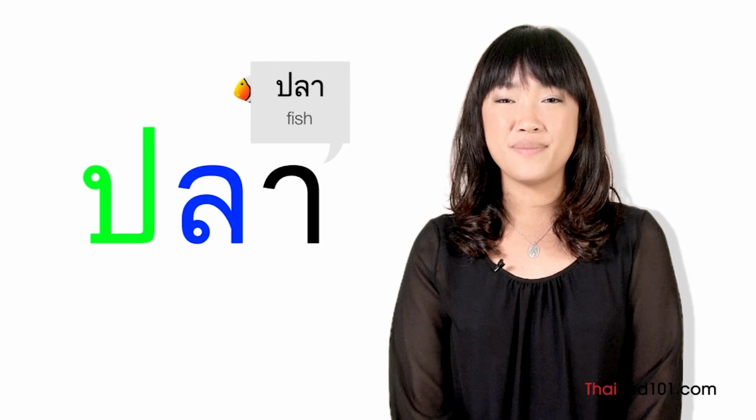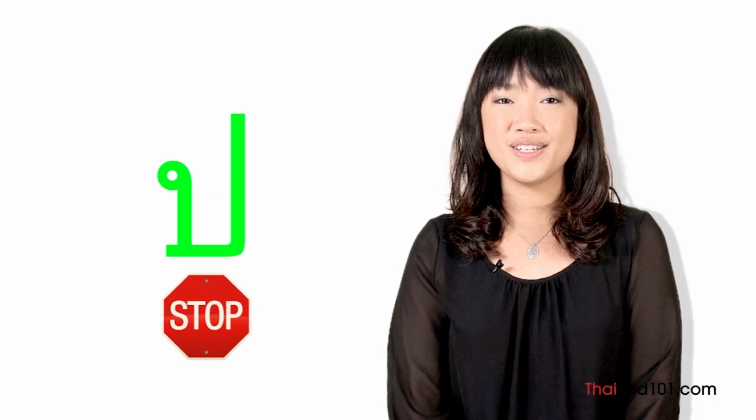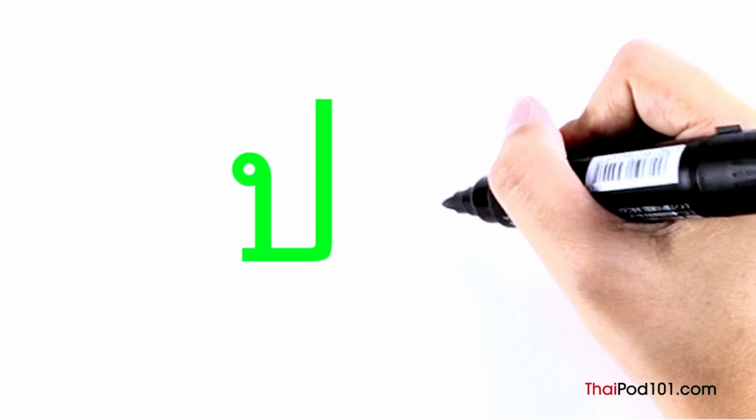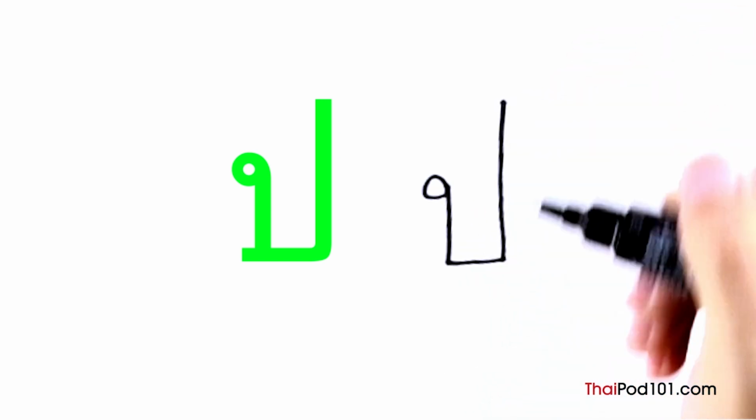The last consonant of this lesson is ปอปลา. The word ปลา means fish. The sound of ปอปลา as an initial consonant is ป, which is in the middle between a regular English B and P. We can also call this an unaspirated P. As a final consonant, ปอปลา makes a P stop, which is simply done by closing your lips. You're probably already thinking that ปอปลา looks a lot like the letter บอใบไม้. As you can see, the only difference is that the line on the right side of ปอปลา extends higher than the head. Let's practice writing ปอปลา together. It's very easy. Start at the head and then draw 3 straight lines. ปอปลา